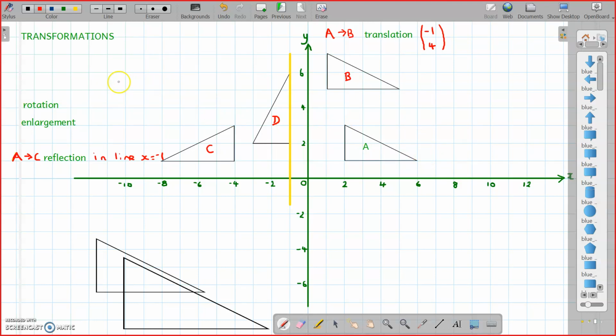So A to D, okay, it's a rotation. And then for that rotation I have to provide some important information, and here it is. It doesn't particularly matter which order it's in, but I need the angle, it's 90 degrees, the direction,